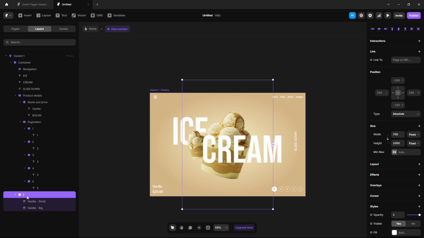Now select this image, this frame, set the height, viewport 100 VH, and wrap it into another stack,